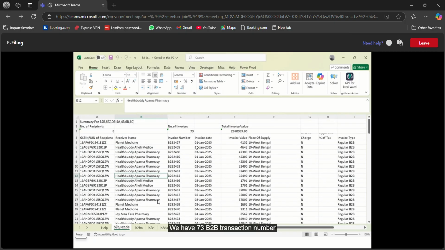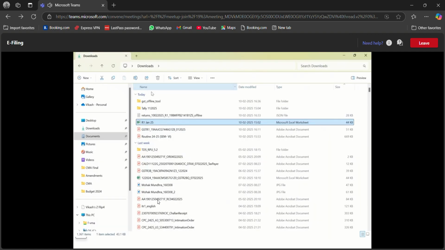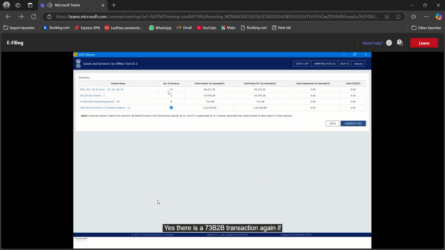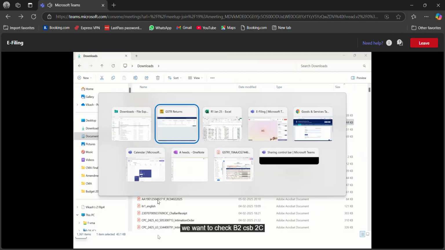We have 73 B2B transactions. The number of invoices is 73. Yes, there are 73 B2B transactions. Again, if we want to check